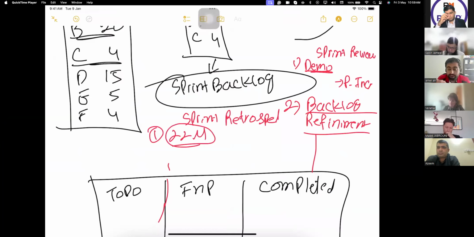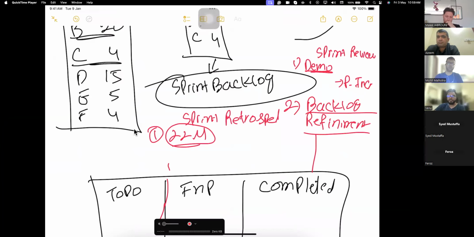Here you will identify improvements for the next sprint. It consists of 5 steps, but for now that is enough. You already have a lot of data, so maybe as we move forward, I will add it. Sprint retrospective is a lesson learned: you identify improvements, and you make sure you implement them in the next sprint.